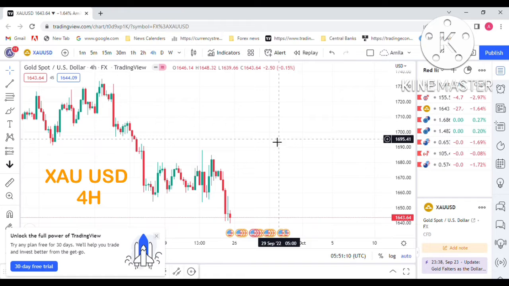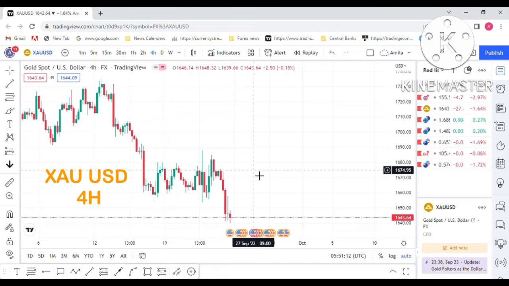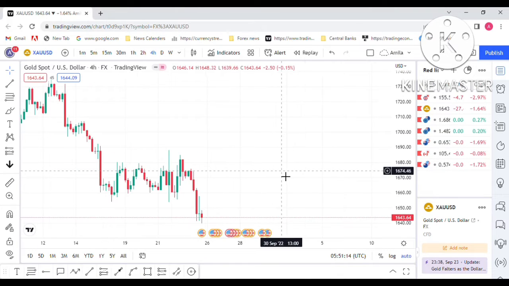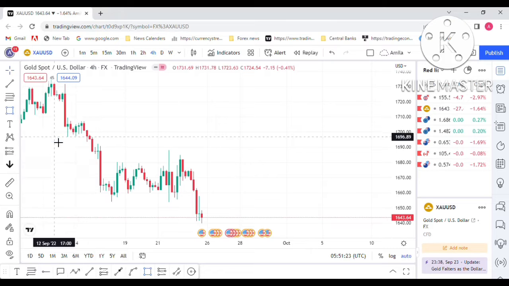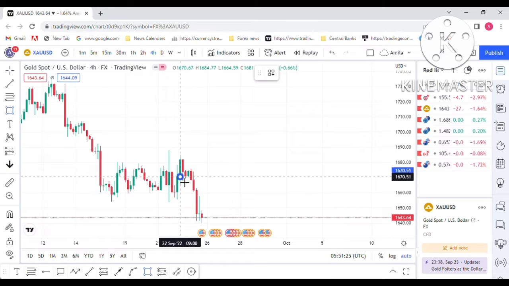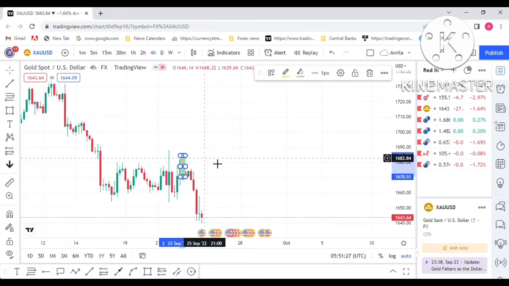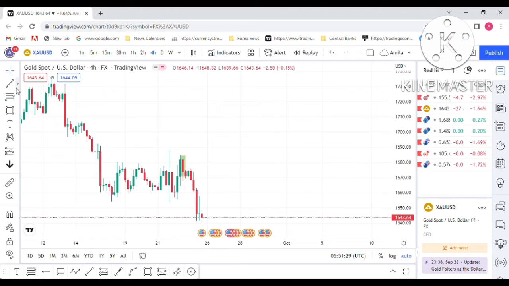Today I'm going to analyze the weekly gold chart, XAU USD. Okay, now I am in the chart XAU USD. Let's see what will happen in gold next week. Okay, you can see this candle, this buy candle, break with